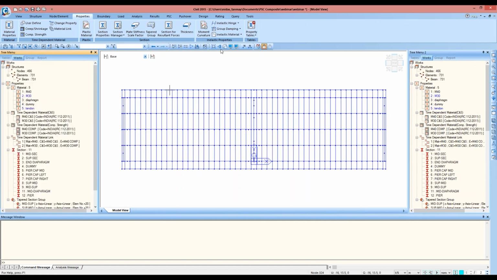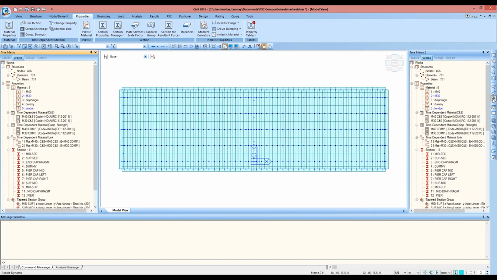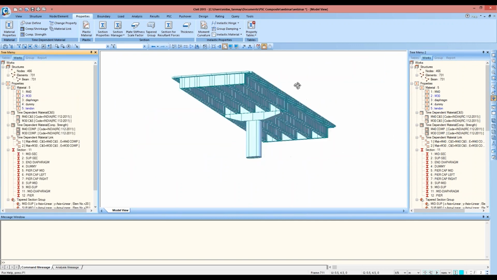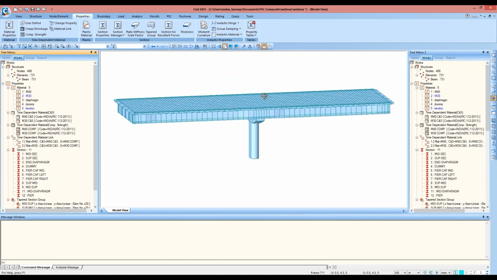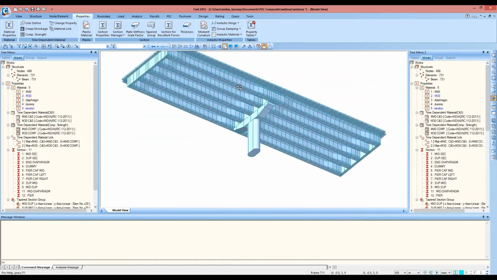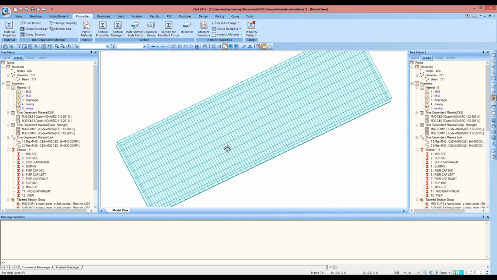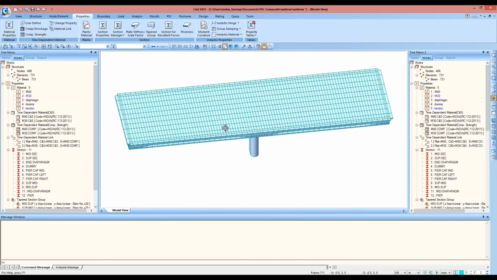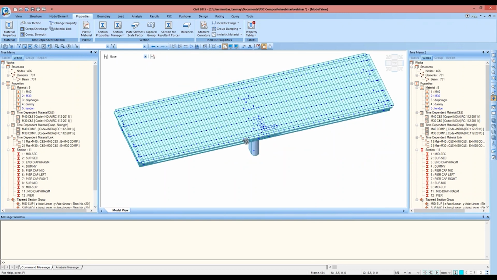So now if we see the 3D view, the geometry is fine. Here we can see the tapered sections have been added perfectly, as well as in the pier cap section. So now the complete geometry is done, and we'll start with the application of loads. So before adding the loads, I'll have to create the groups for loads, because again when we're defining the loads in the construction stages, we'll be dealing with the groups only.